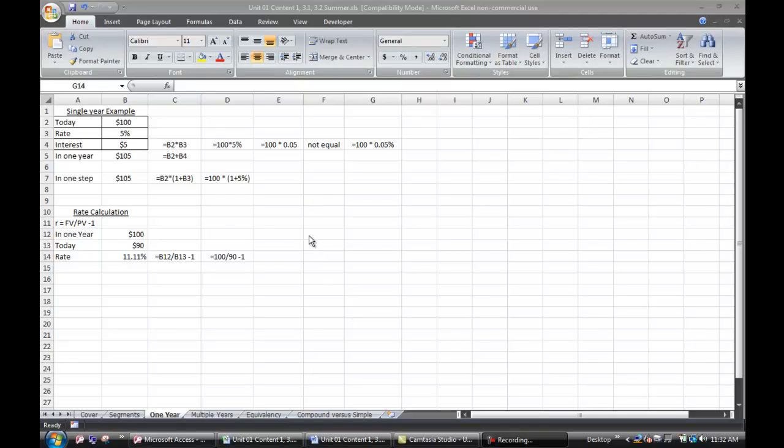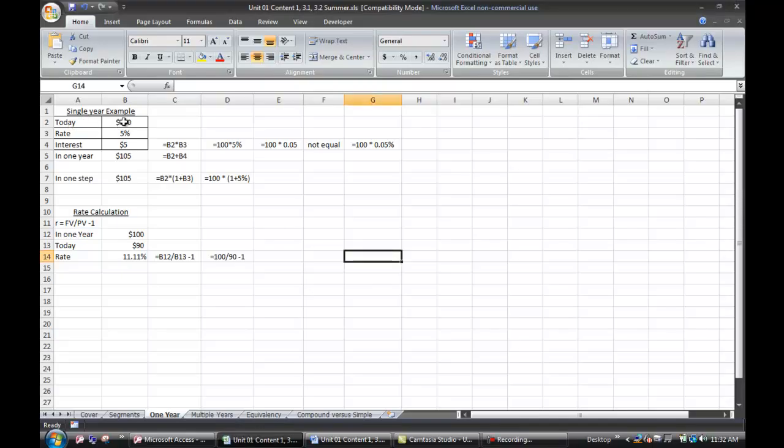Let's look at how you would do this in Excel. Here's the same numbers for a single year example. In cell B2, put $100, which is how much we have today. Rate is 5% annually. And so the first year, 5% of 100 would be $5, which you can compute that